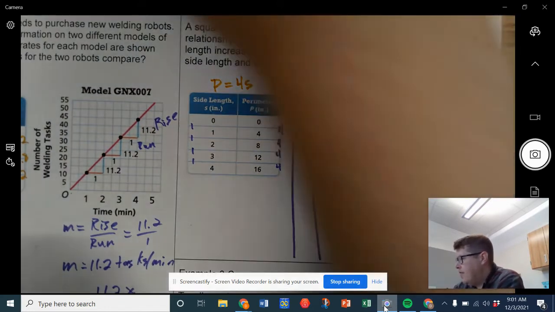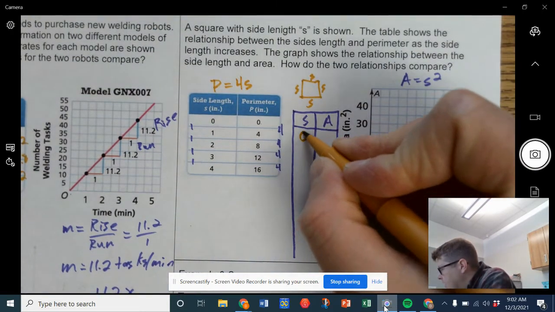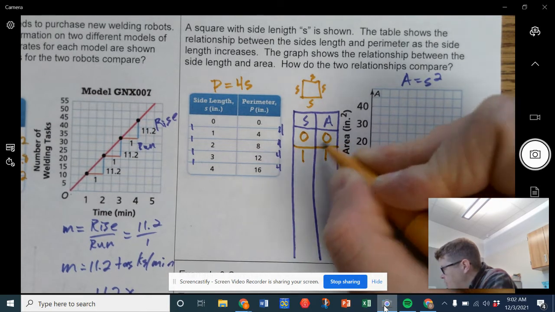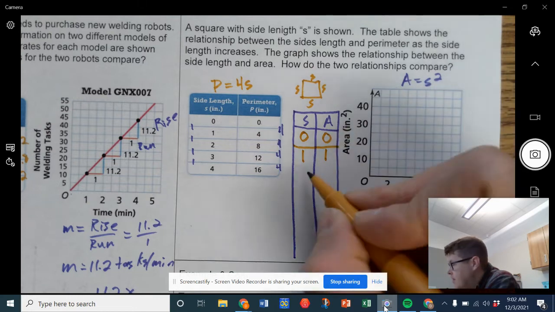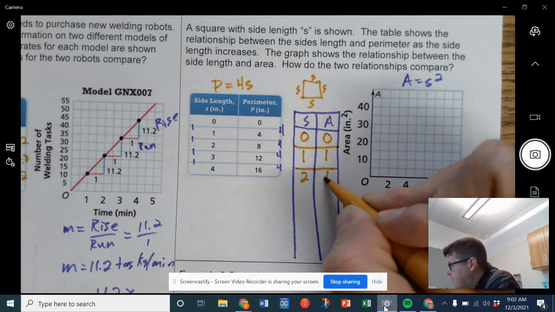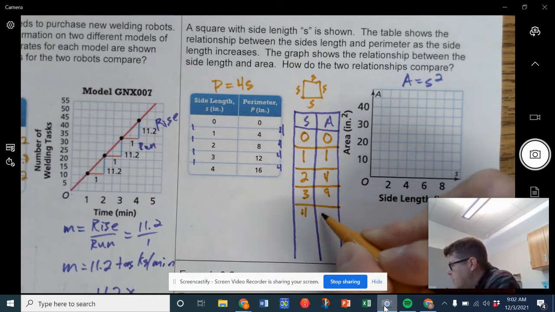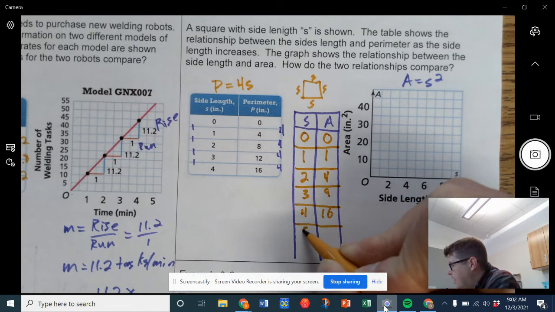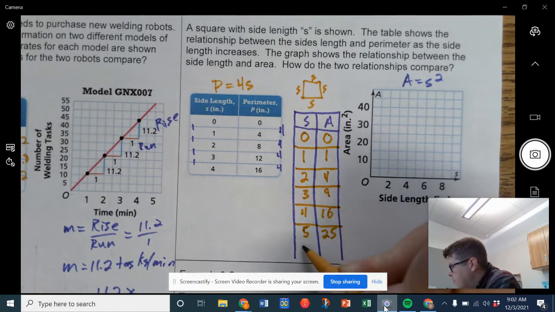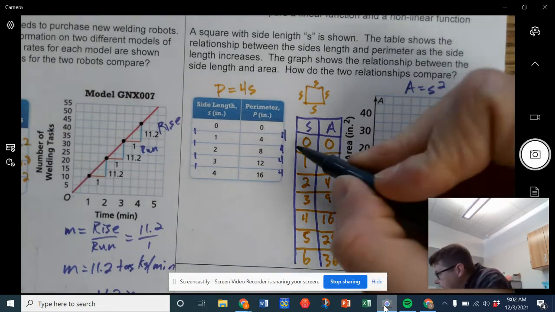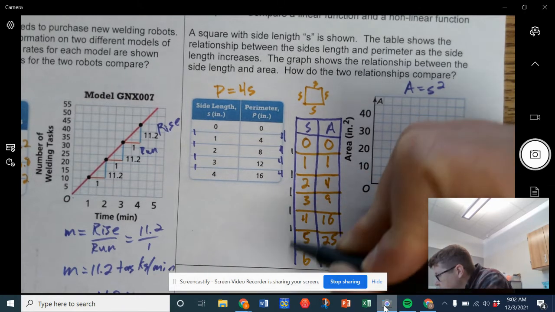Okay, so when you have a side length of 0, you have an area of 0. When you have a side length of 1, you have an area of 1, because 1 times 1 is 1, or 1 squared, right? And then 2, 4, because 2 squared is 4. 3 squared is 9. 4 squared is 16. 5 squared is 25. And 6 squared is 36. So we can see here that as these go up by 1, our x values, our s values, our inputs,